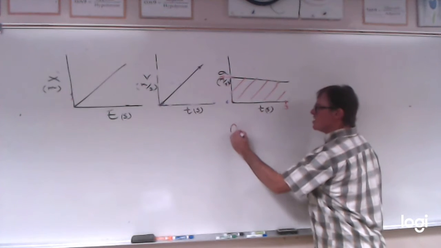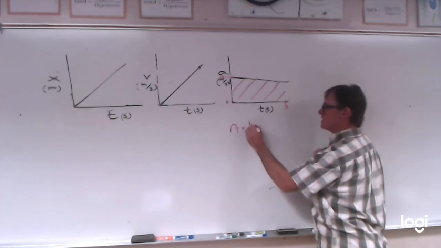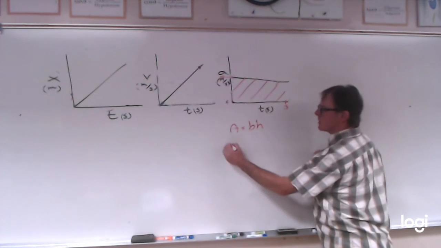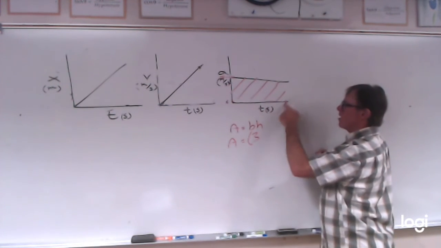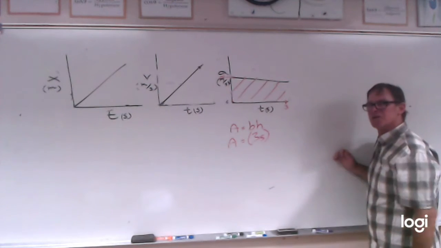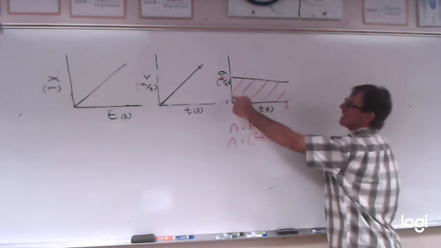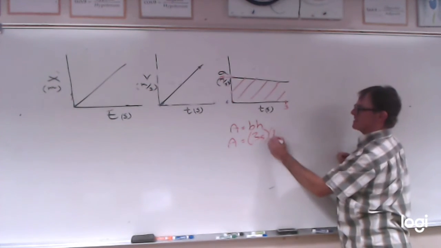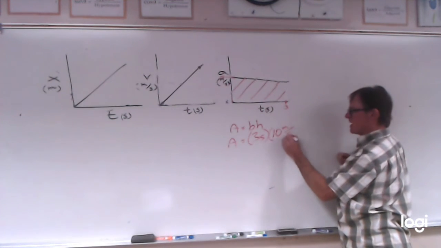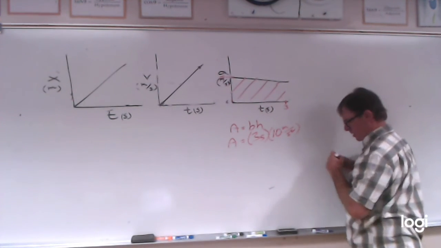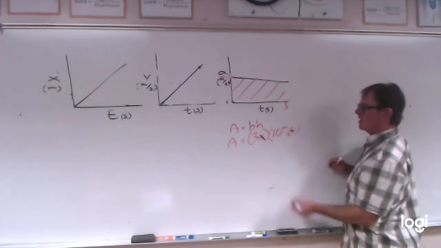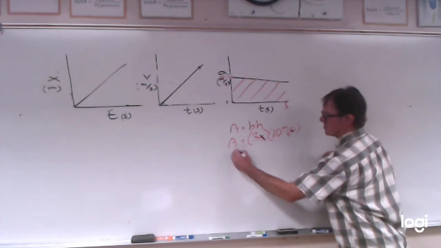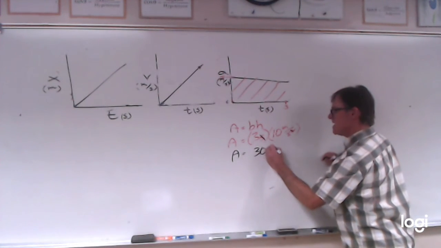But look at, and we know area of a rectangle is base times height. But let's look at what's going on. The base, it has a unit. It's 3 long, but it's seconds is what it's being measured in. And the height is a rate of acceleration. In this case, I said 10 meters per second squared. Well, looky there. The second here cancels the square here, and our area turns out to be 30 meters per